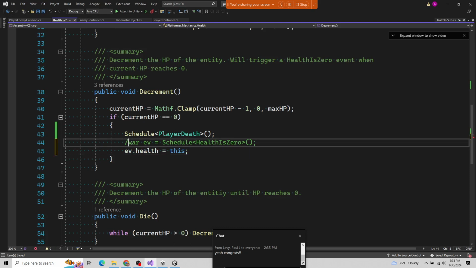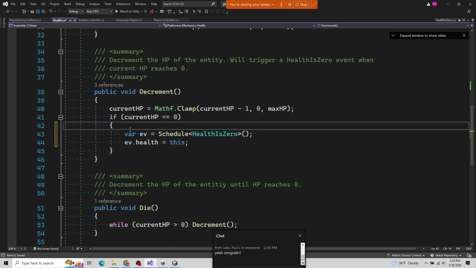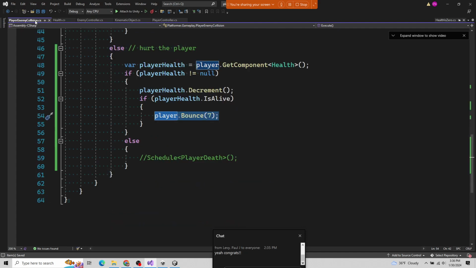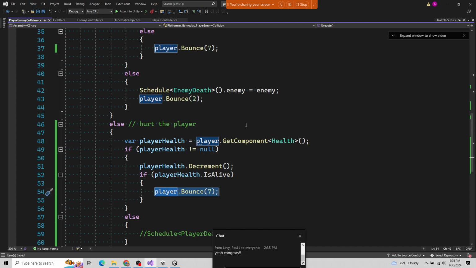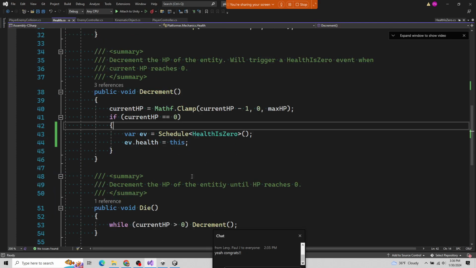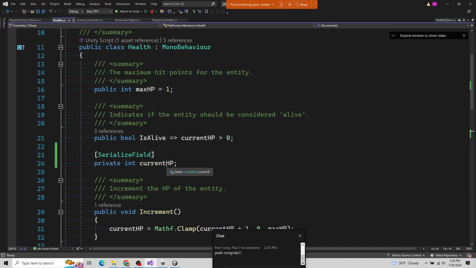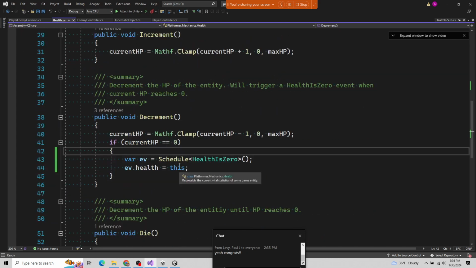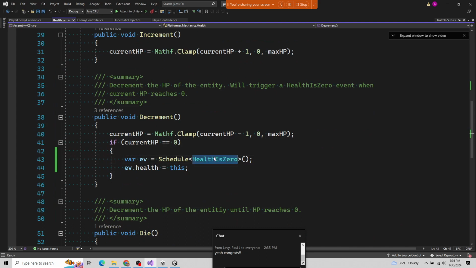Strange. I remember having this issue like a year ago. Maybe their weird scheduling code isn't working with updated Unity. So this is actually running, because I see that their current HP does go down, does go to 0. So this does hit 0. For some reason,